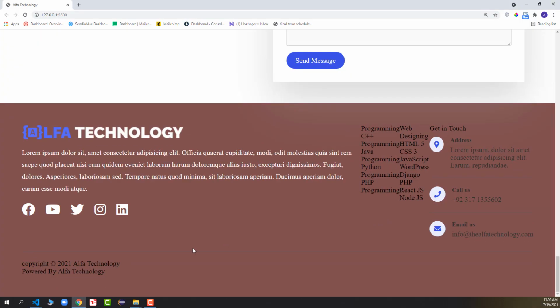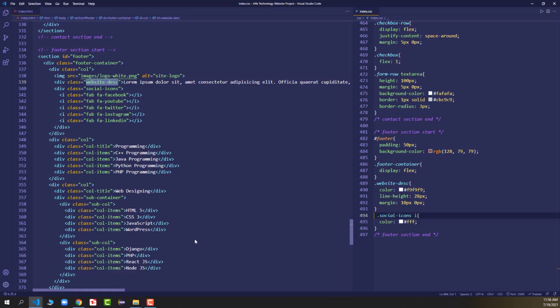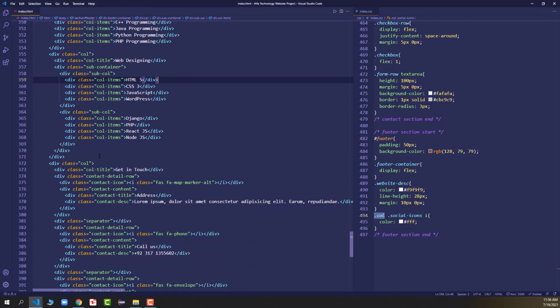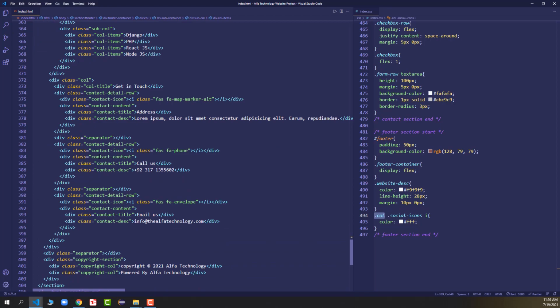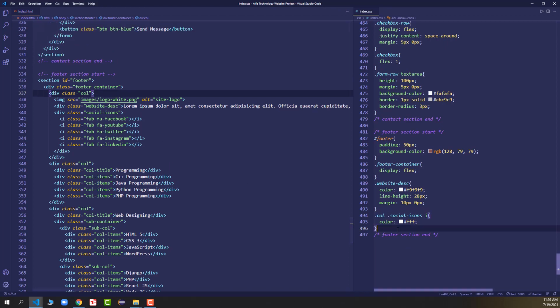So you can see we got the social icon color is white, and you can see the contact form color is not changing. But if I remove the dot call, you can see the contact form color is also changing. So now this is the navigation target, or you can say the parent child relationship target that we are using. So we are saying in the column class there will be a social icon class. Inside of it there will be an I tag, target that one.